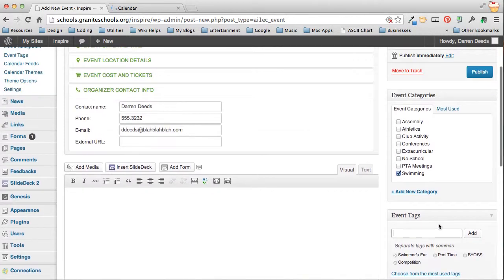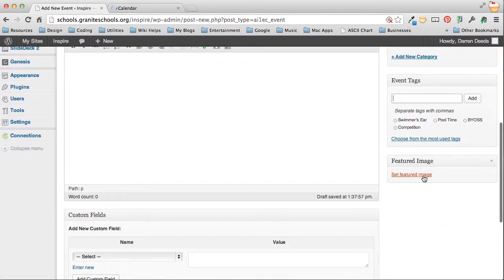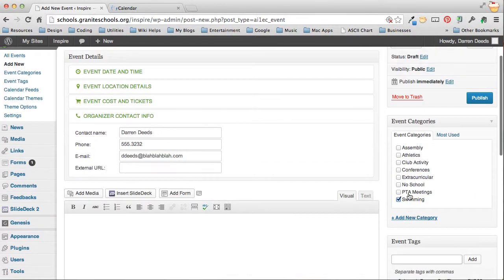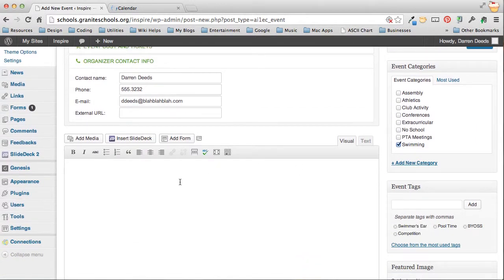Okay. Now notice this set featured image here. If you want to override your category image, you can do set featured image, and for this particular event, the category image will be overridden. Down here, you have the event details. So if I want some sort of extra text in here, some explanatory paragraphical information, this is where I would type it, such as last year's winners